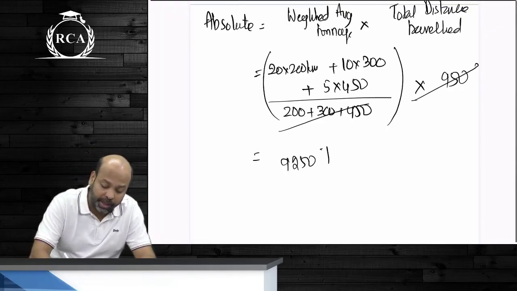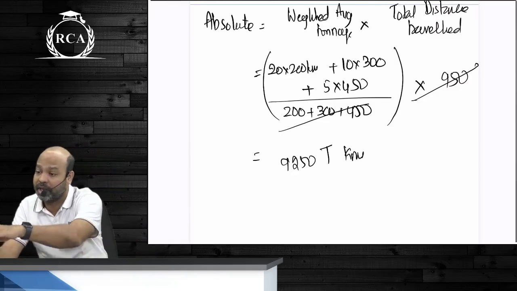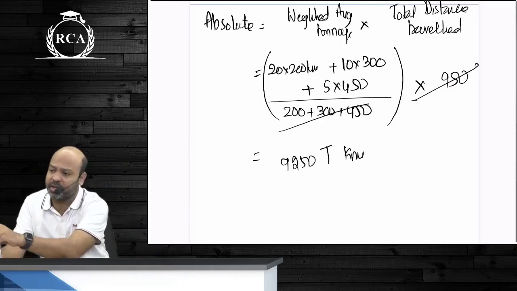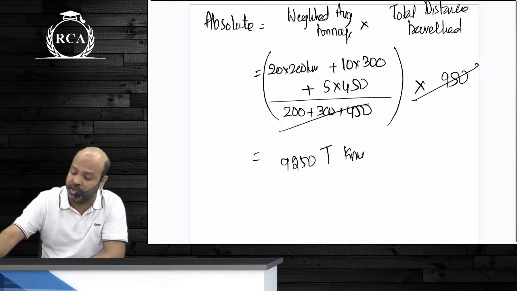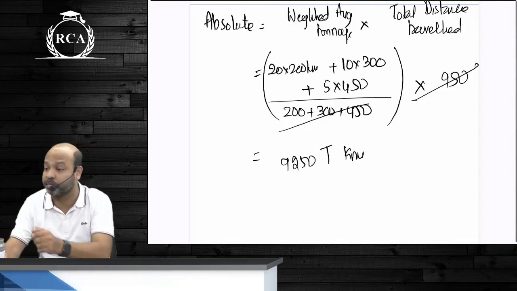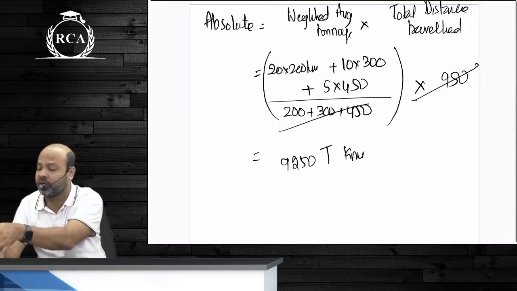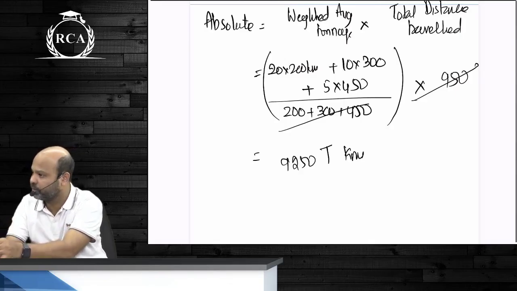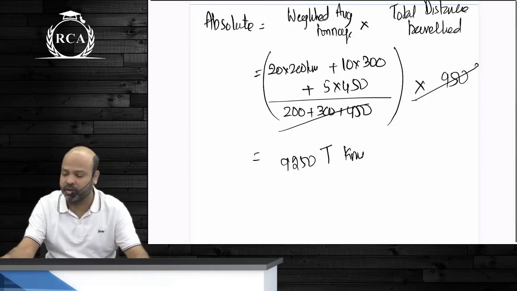What you compute by directly multiplying total number of tons with the total number of kilometers is nothing but absolute ton kilometers. Unless otherwise given in every question, we are going to use absolute ton kilometers only. We are not going to use commercial ton kilometers. There can be standalone questions that will ask us to compute commercial ton kilometers. Once an MCQ asked us to identify the number of absolute ton kilometers and commercial ton kilometers. Did you understand the difference between the two? Commercial is simple average, absolute is weighted average ton kilometer.